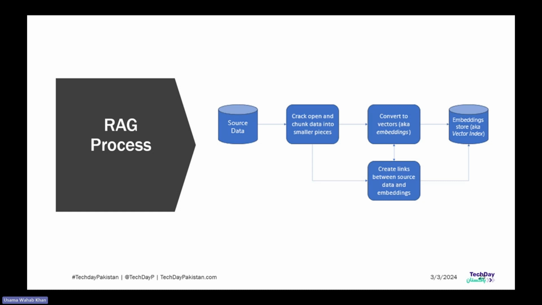Once we get the result back, it's usually in a numeric code. Once we have this numeric code, we store it in vector indexed databases, like a database that's designed for vector. So when we perform a query, it's a vector-based query. It understands that apple is close to orange, so it basically fetches the orange as well. It's not a keyword-based search or query. It's more of a semantic query, and that basically brings the whole charm into the picture.